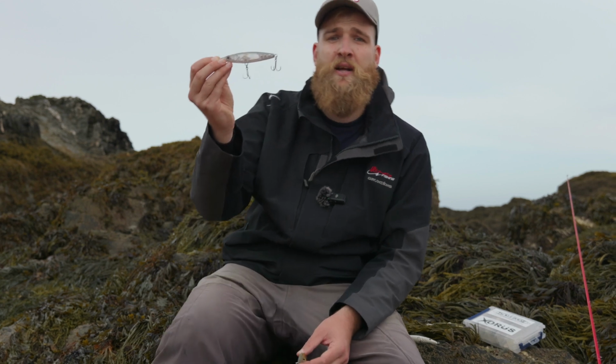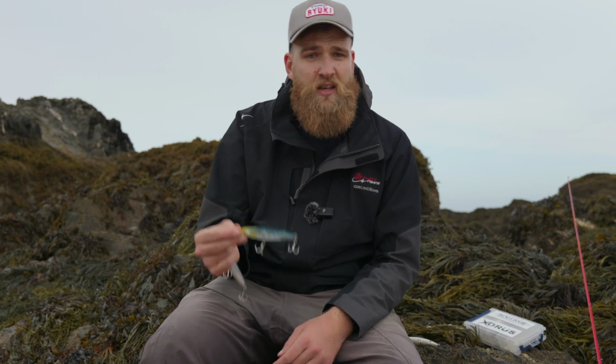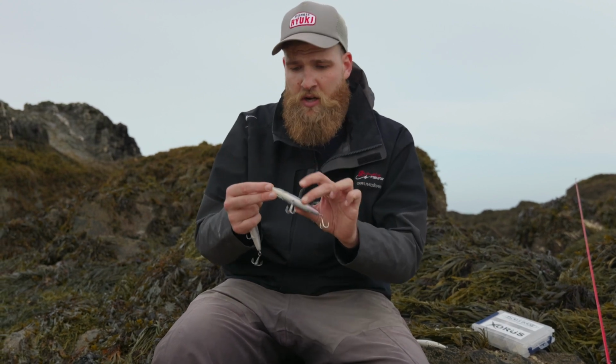So you have the ones like the Cabot, which is completely translucent, there are no flash plates, there are no internals, and then other ones like the ghost Lançon, or in this case the ghost Iwashi. Iwashi is Japanese for sardine. It has a flash plate in the middle. So in theory,